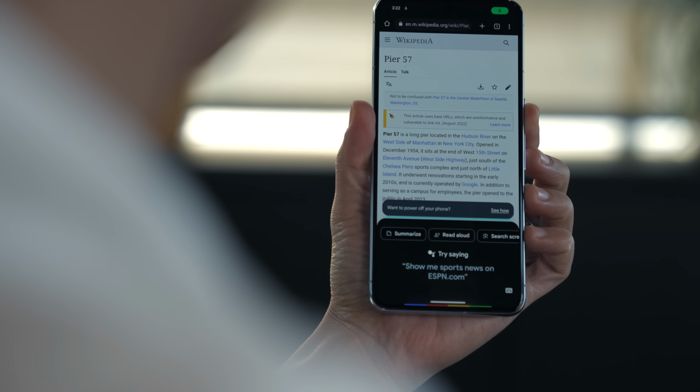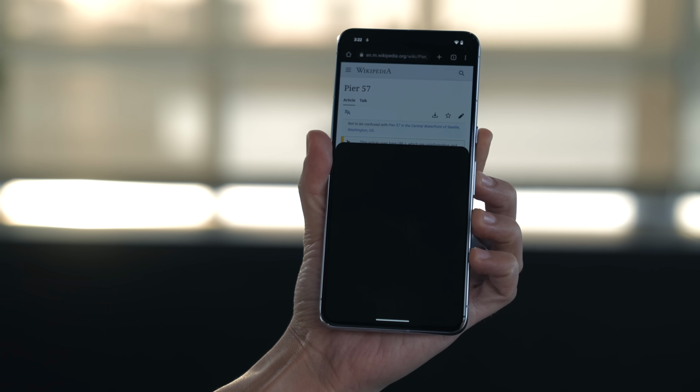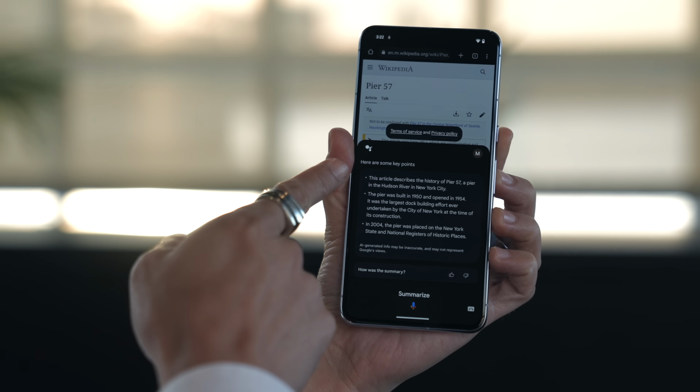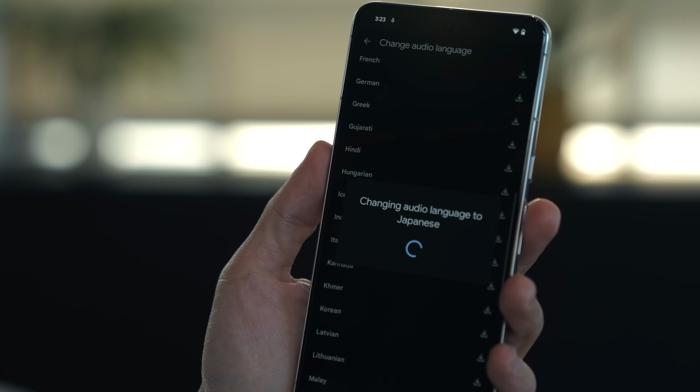When you're shopping for an Android phone, one of the reasons to buy a Pixel over its competitors are all of the exclusive software features. And here are some of our favorites. Google Assistant can now summarize, read aloud, or translate a web page. So for example, you're visiting a city and you only have time for the Cliff Notes version of an article, you can get Google Assistant to summarize it for you, all with the press of the power button. You can also have Read Aloud read that web page to you, or if you speak another language, you could also have it